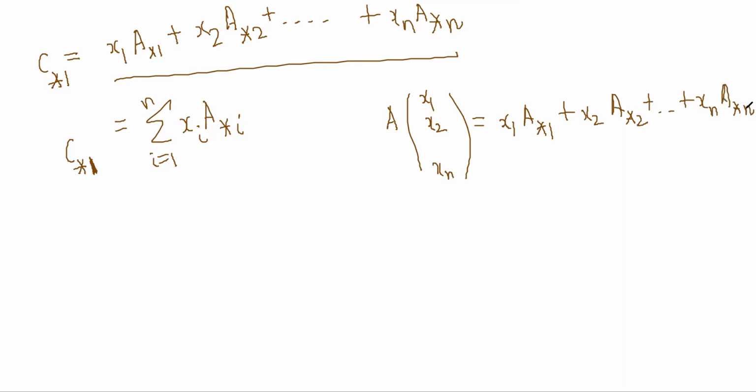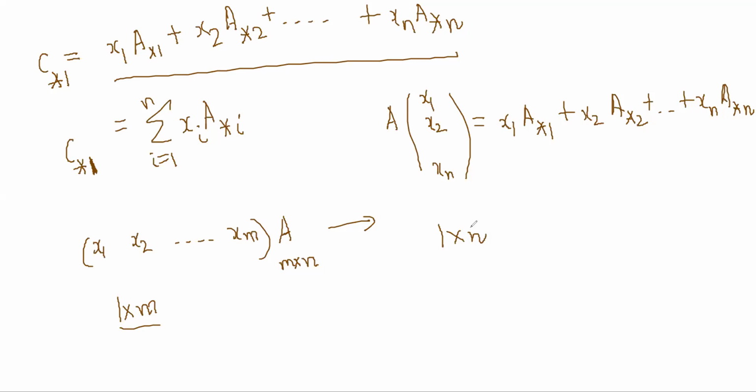Now, a similar result is also true for rows. This was using the columns. For example, if I had multiplied a row vector like this into a matrix A, here the row vector will have order 1 cross m, and this was m cross n. So the final answer should be 1 cross n, correct?